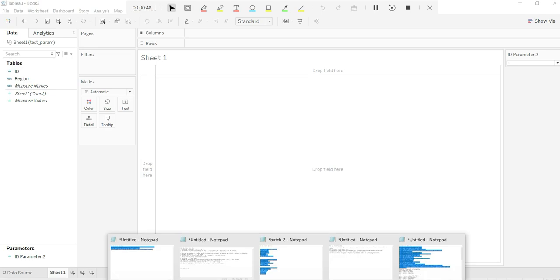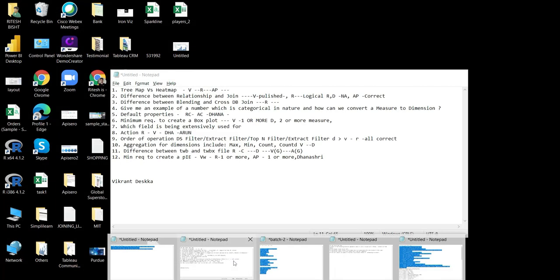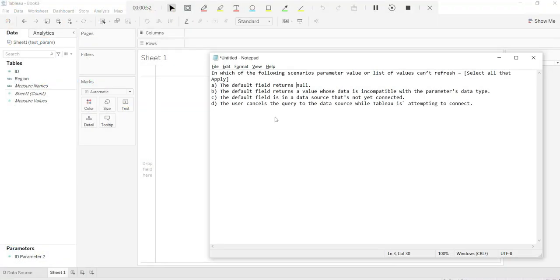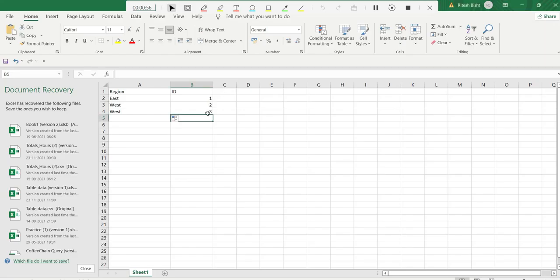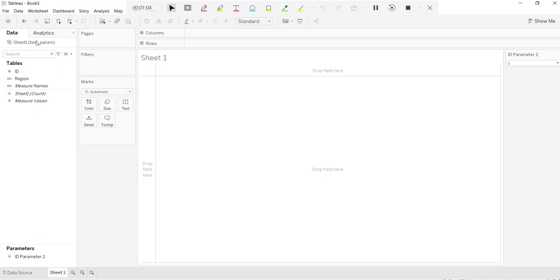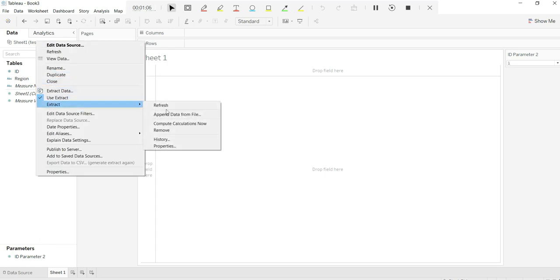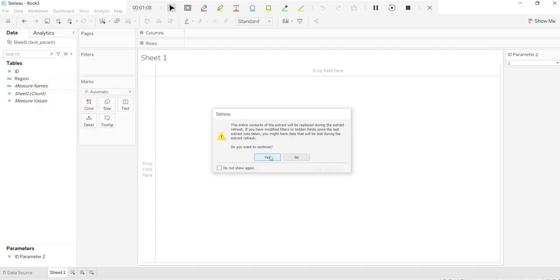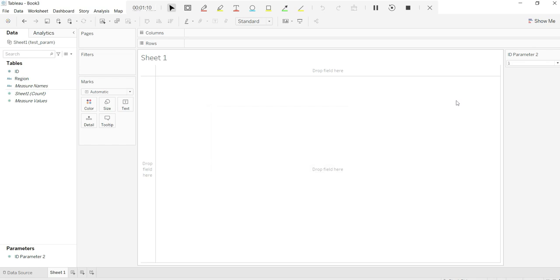Now the options that you have over there: the default field returns null. So let us try to make one of the rows over there null. And if I just save, and go over there and refresh it, now I see 1 or 2.